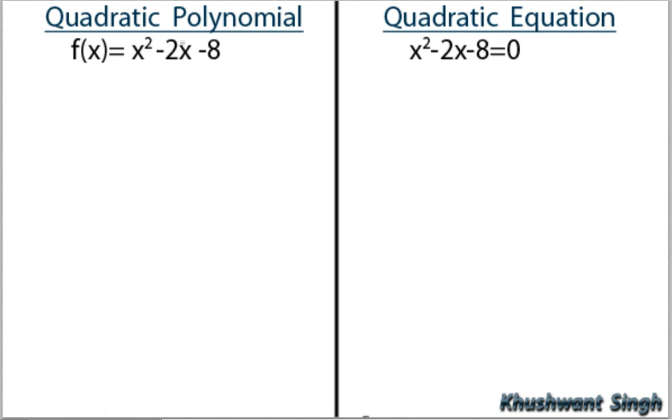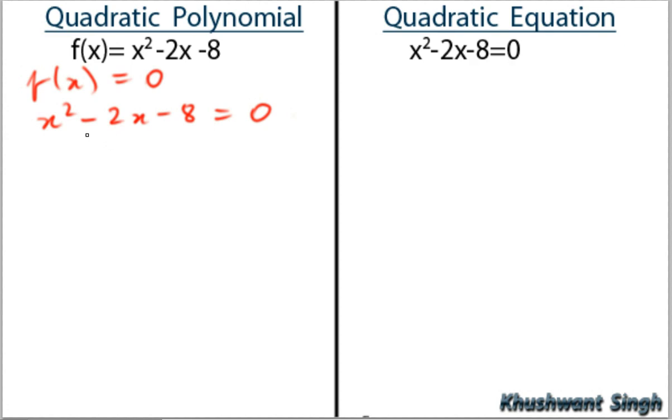As we have seen, for a quadratic polynomial we were solving it by equating to 0. So the first thing, let f(x) equal to 0. So x square minus 2x minus 8 is equal to 0. Now you must be wondering, this thing and this thing are now the same. Yes, they look the same, but still there is a slight difference between them, and you will understand the difference very soon. Actually, this is very confusing, that is why you may be facing some problem. But don't worry, just keep patience with me.